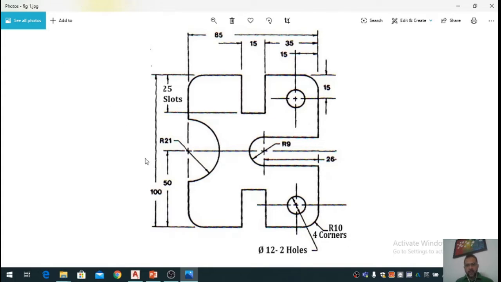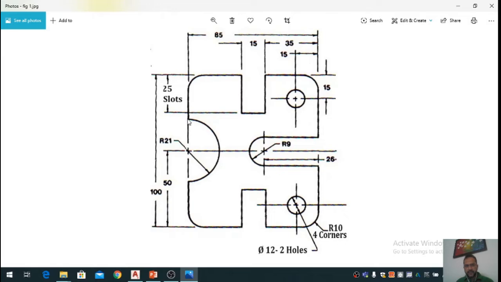Just before starting to draw this figure, let's have the steps of construction in our mind, how we will do it. If you look at this figure, it is symmetrical about this center line. So we will draw a rectangle of 50 by 85, and in that we will cut this slot, and then we will draw this smaller circle of R10.